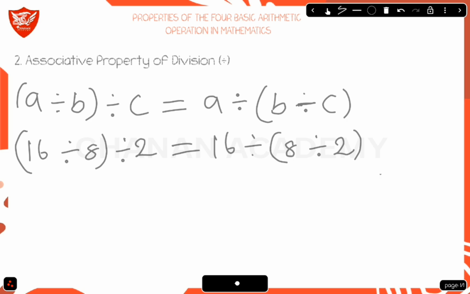So 16 divided by 8, the result is 2, divide by 2,